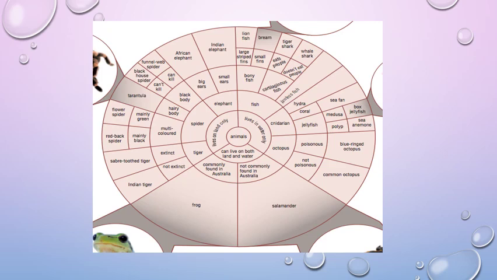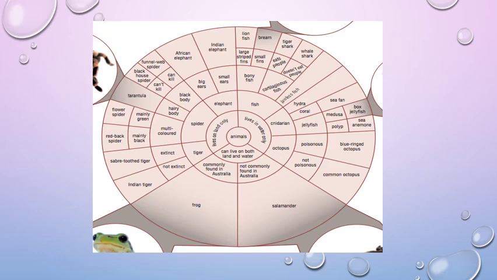Now the multicolored, you can see that the couplet in front of multicolored is mainly green or mainly black. A mainly green colored spider will be identified as a flower spider, and a mainly black colored spider will be identified as a redback spider. Now see in front of the tiger, extinct or not extinct. If the tiger is extinct, the particular species is extinct, then it is a saber-toothed tiger. Otherwise it's an Indian tiger.